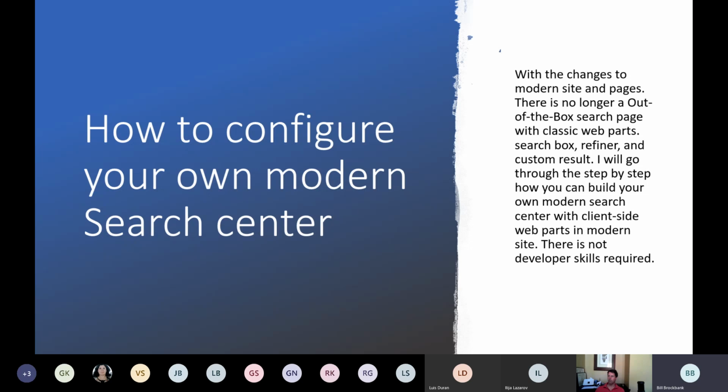What this is about is, in the new modern world of 365, we can no longer build out refinable searches in the current process. They're going to give it to us someday, but someday may be a little too late for some of us. I have used this already on a project, and it works really well.